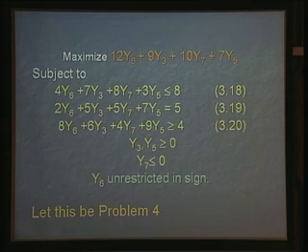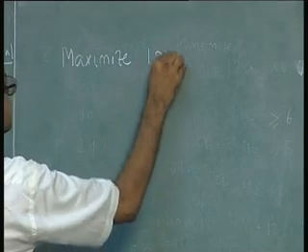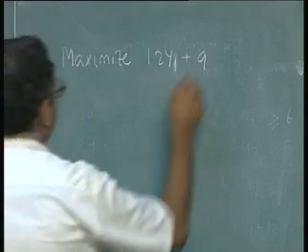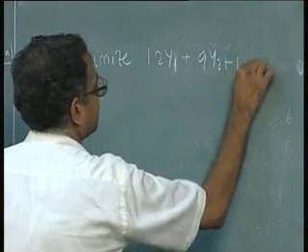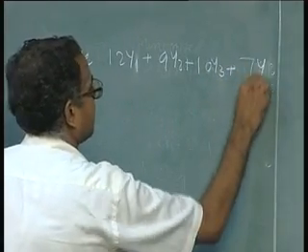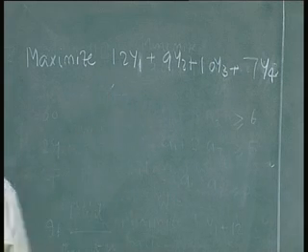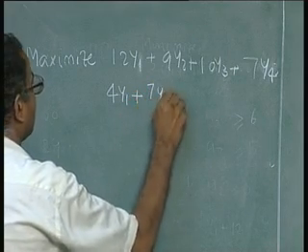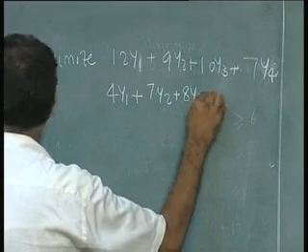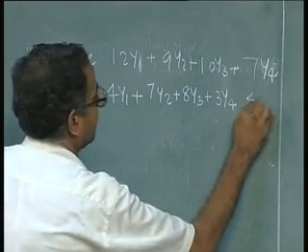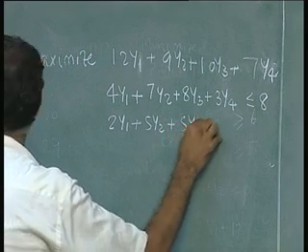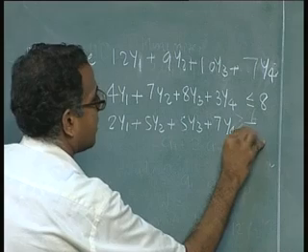Now if we keep this and compare with this problem, let us just write only the dual here. Maximize 12y6. In fact, let me use y1, y2, y3, y4 now, which means variable y6 has become variable y1 here, plus 9y2 plus 10y3 plus 7y4 subject to 4y1 plus 7y2 plus 8y3 plus 3y4 less than or equal to 8, 2y1 plus 5y2 plus 5y3 plus 7y4 equal to 5,